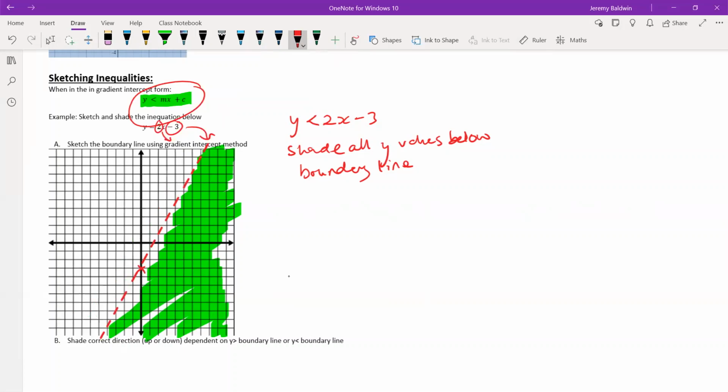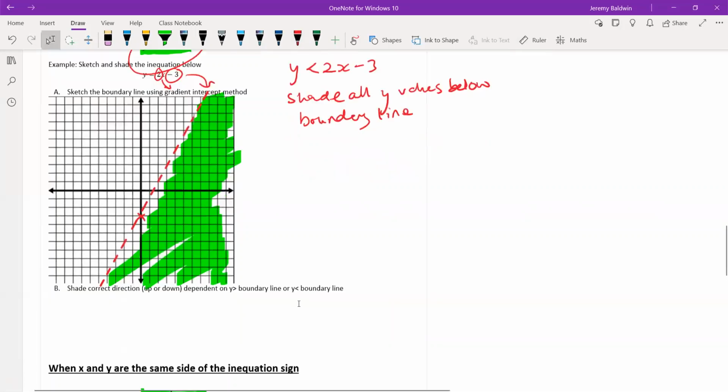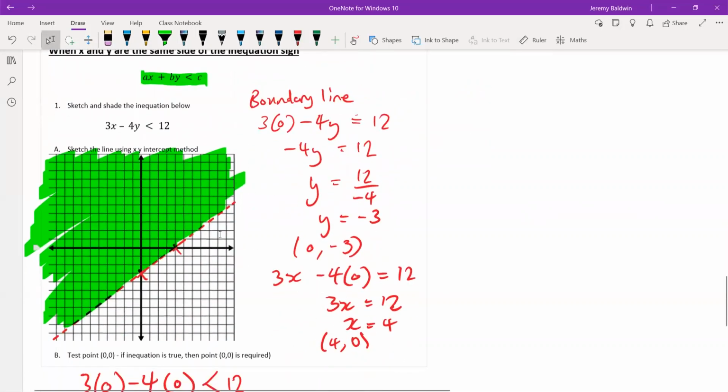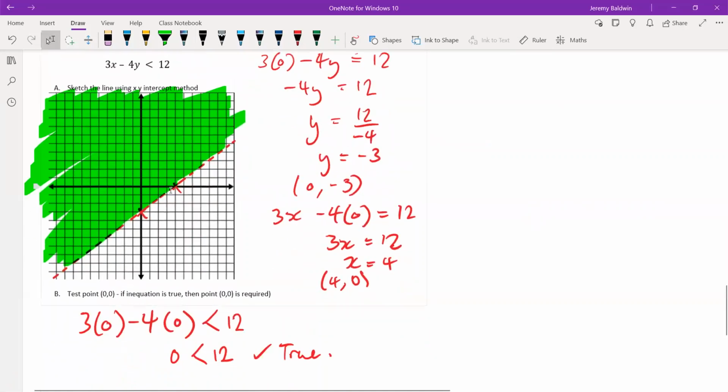If I'd done y is greater than, I'd have shaded the other way. The other way is to plot using the x, y intercept method, and then you shade based on testing a point. So you test the point 0, 0, always stick with this one. That's the best point to test, and it will always allow you to shade. Then you check if it's true. If it's true, that means that point needs to be shaded in. So you have to shade